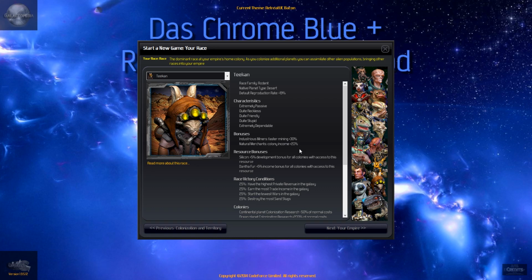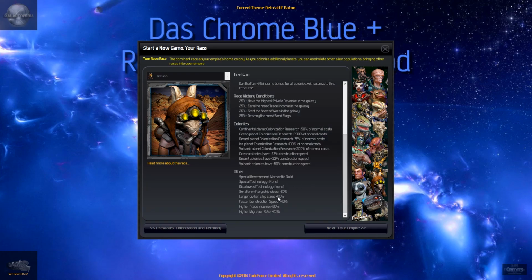Loads of resources, keeps things cheap, and just means you have more to be able to build with, and I won't ever have to worry about resources at any point. They also add an extra 20% colony income, which is awesome. They then have small military ship sizes, which is annoying, and larger civilian, which is quite nice, but again a bit redundant. The faster construction speed and higher trade income, migration is useful, but they do also have the mercantile